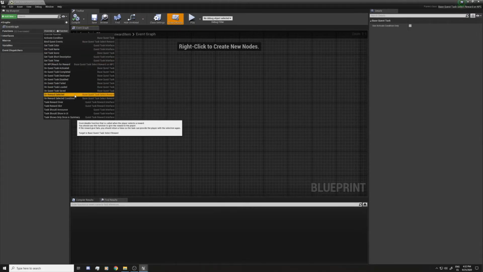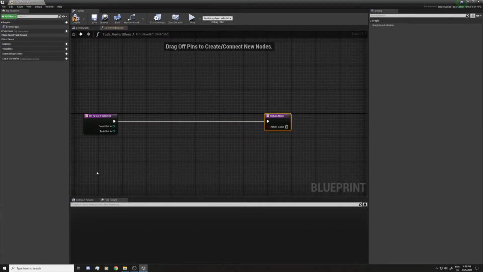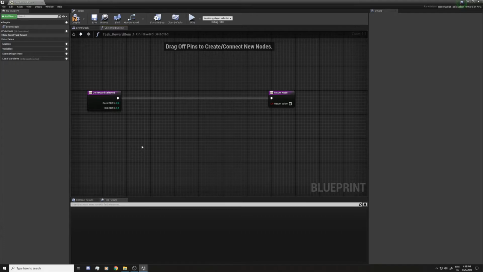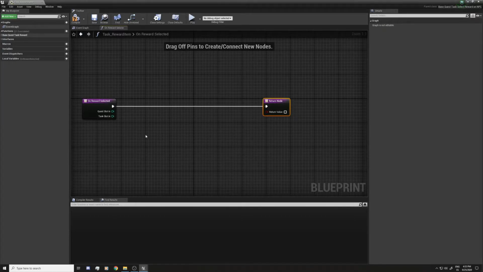The first one is on reward selected, and we're gonna override it, and it looks like that. You can use all the information for the task in here, and in this function you will have to create the logic for giving the reward to the player. So for example, if it's an item, you will have to get the item manager or things like that, and add the item to the player inventory.